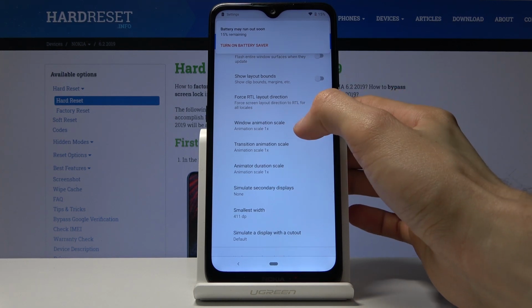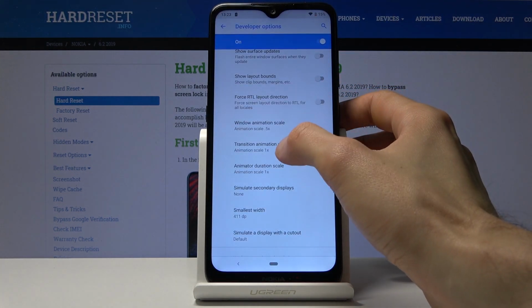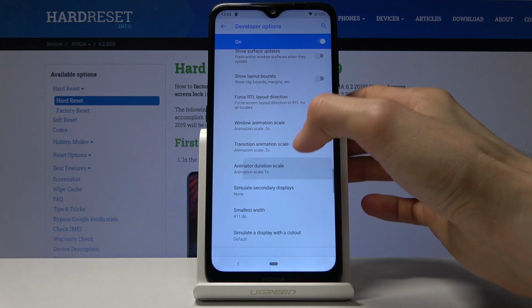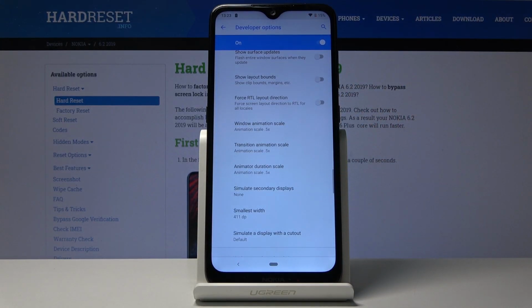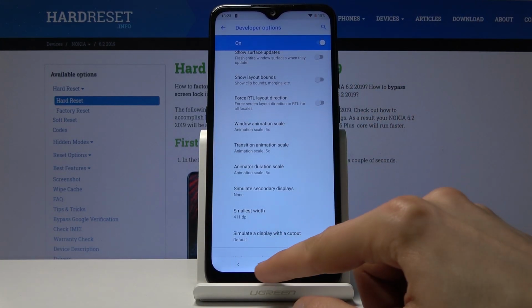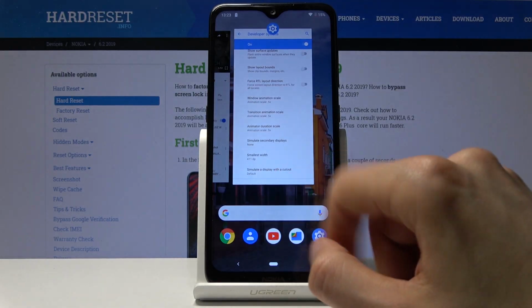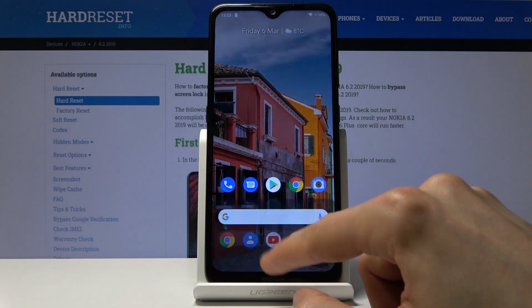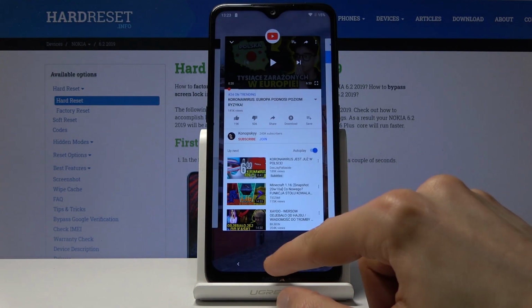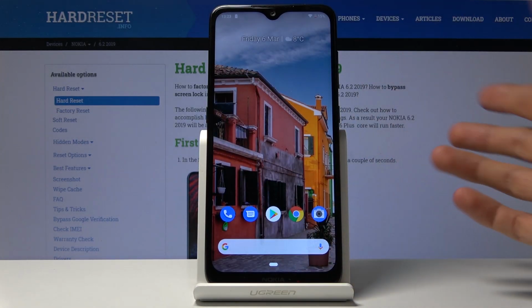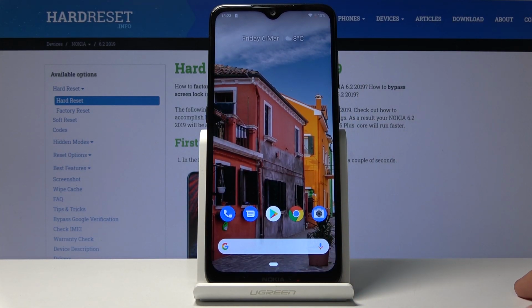And from here, you can tap on each one and set it to half speed, so 0.5, and this will drastically increase the animation speed. So now we can close this, and you can see that now the animations are way faster than they were previously. So that will be the last thing that I want to show,